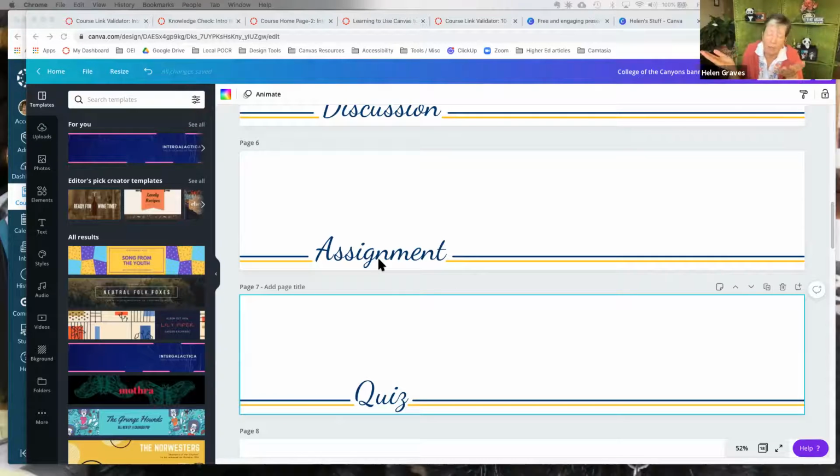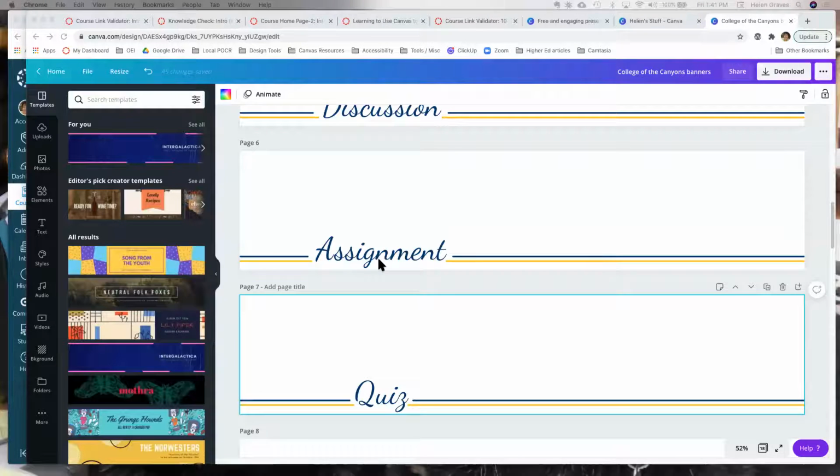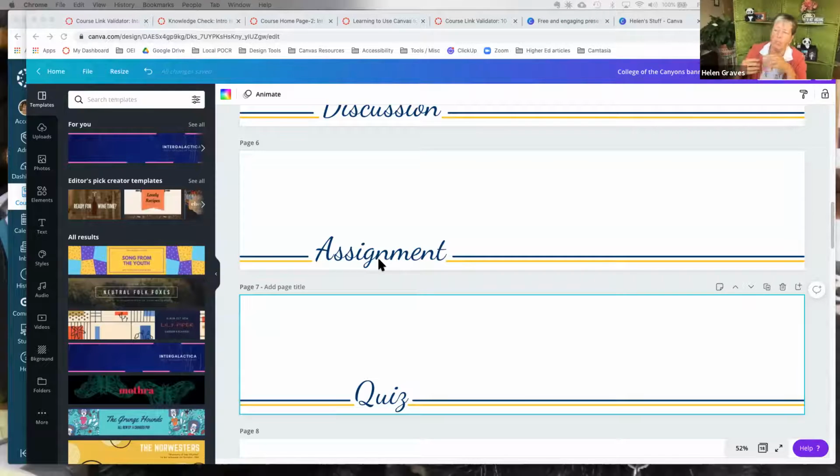A banner, a case could be made that it's really decorative. A student is not going to not do well on the assignment if they don't know that that banner is there. So you could tag it as decorative. Hopefully that makes sense to you. Accessibility is always dependent on the context in which it's being used. So you just kind of want to think about, what am I doing with this image in my course? And then you'll have a sense of whether it needs alt text or not.